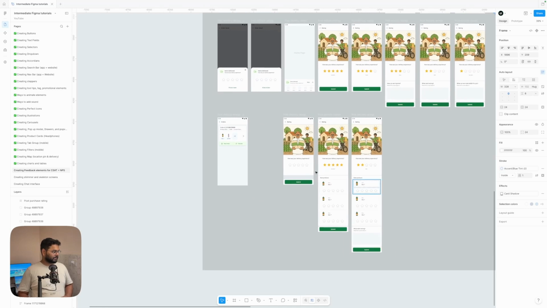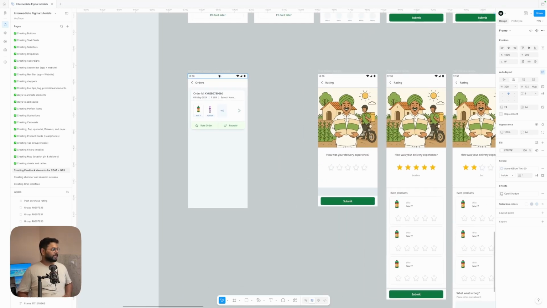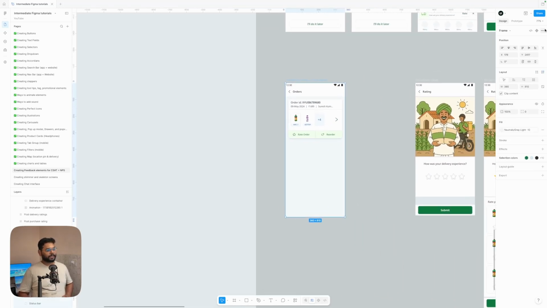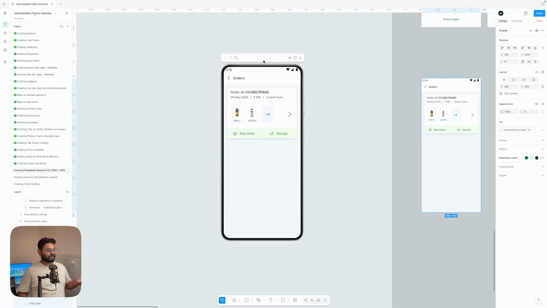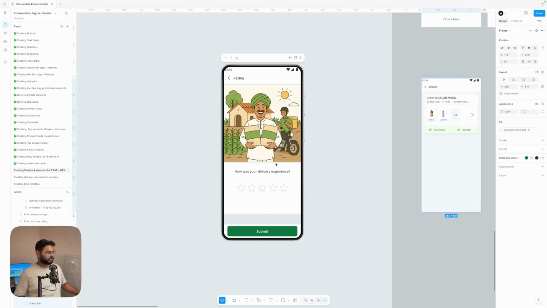So yeah, that's there. I created this small prototype, nothing fancy. And if I play, so let's say this is my order history page or order history listing page. I'll have more cards below. And now this is delivered. And if I rate the order, I get this screen. Okay, order has been delivered. I have an option. So if I give 2 stars,